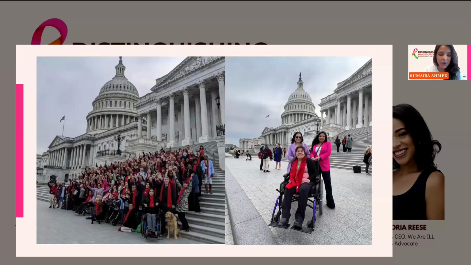Here is a picture from a lot of us advocates, including some ambassadors from the foundation, on Capitol Hill last year, where we advocated for more funding for rare disease research and advocacy. I should also share that diversity is a superpower for our foundation. I personally believe in diversity. I think it's one of the most beautiful parts of being a human, that there are so many different kinds of people from all walks of life. And when you have something that bonds you together, it's amazing what can be done.